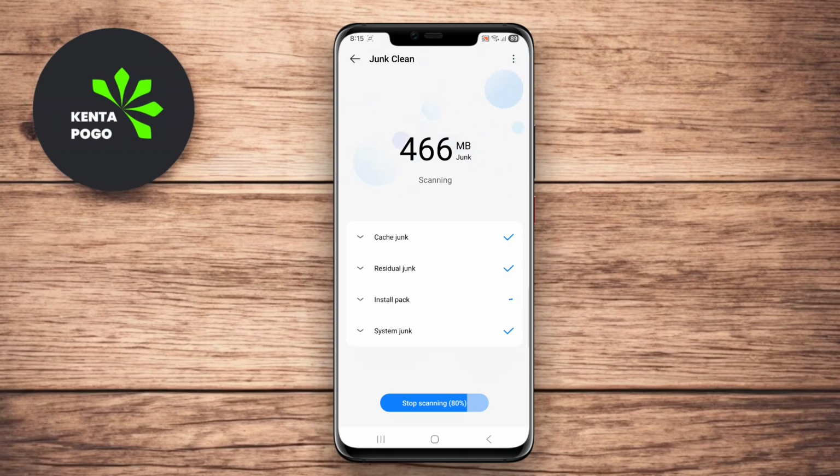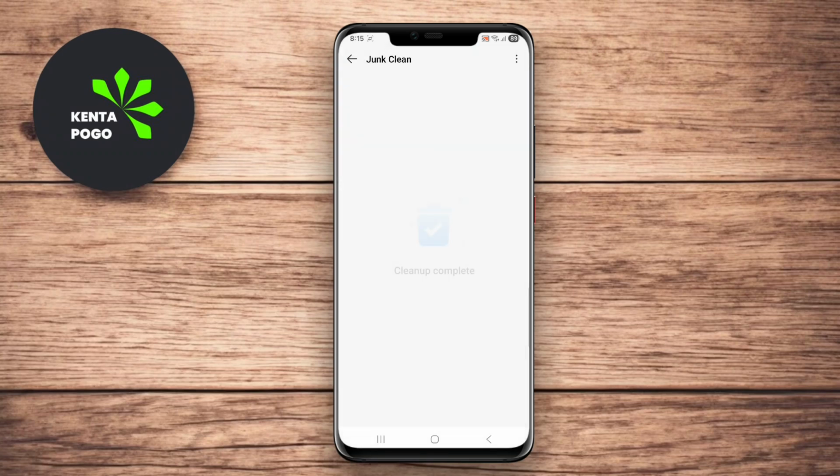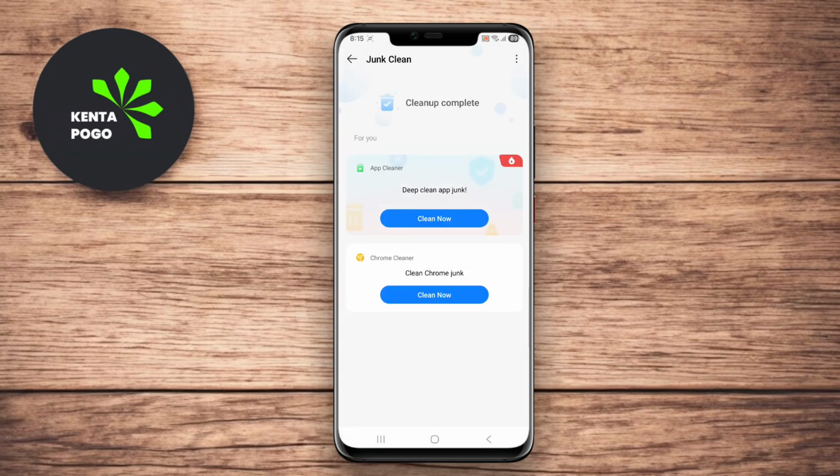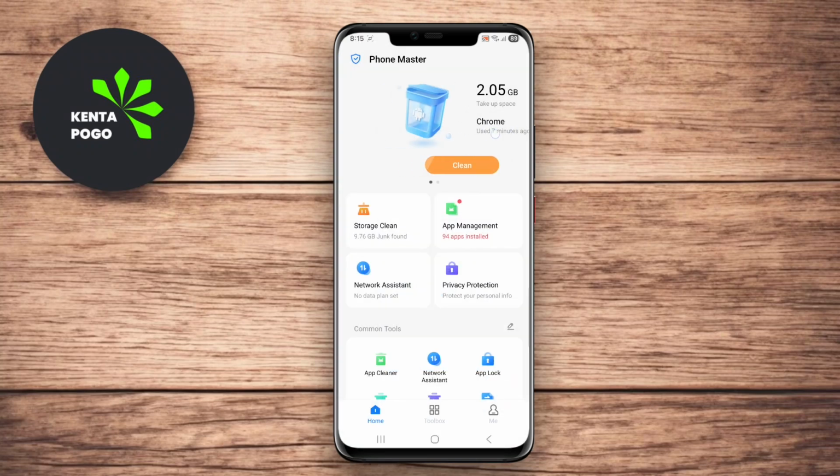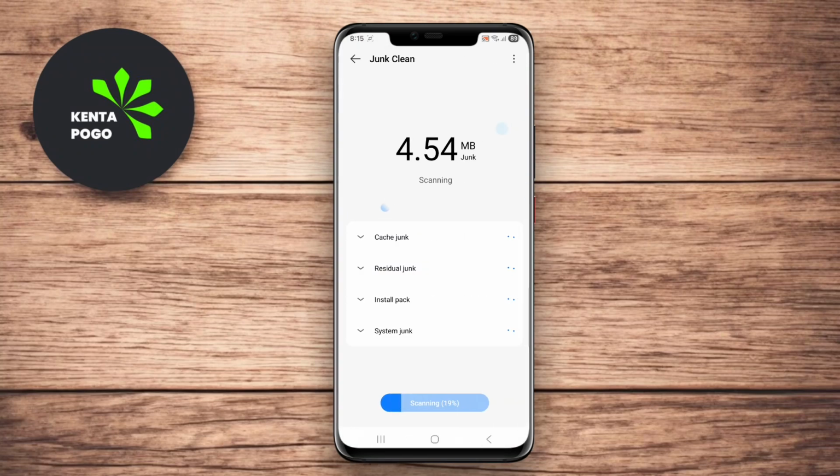Key features typically include a powerful junk file scanner that identifies and deletes unwanted files such as obsolete app cache, residual files from uninstalled applications, and other clutter that takes up valuable storage space. The app often provides users with a clear overview of what can be removed, allowing for informed decisions about storage